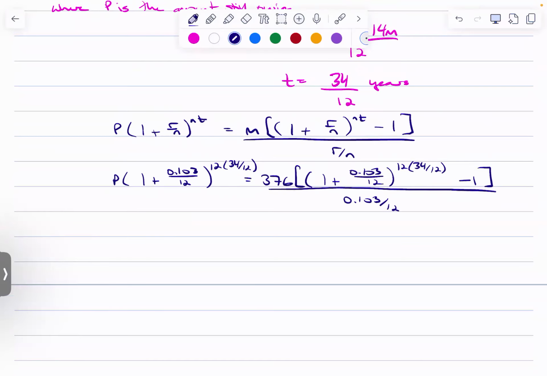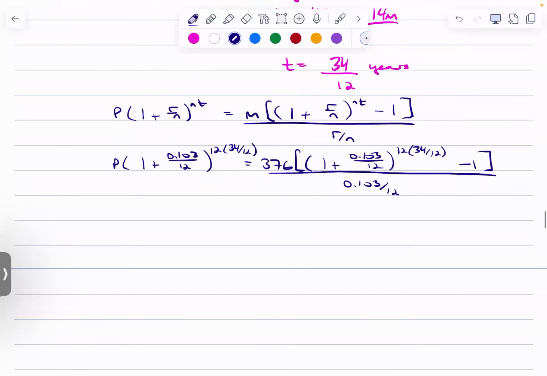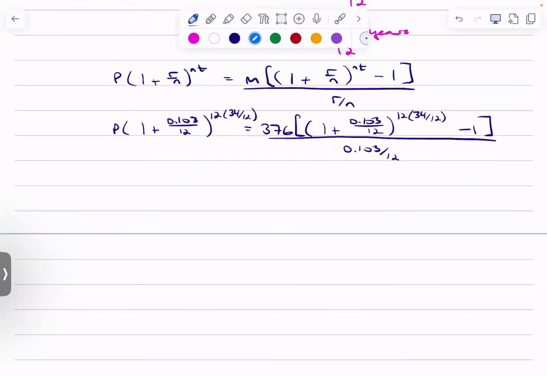I'm gonna go for it here. 0.103 divided by 12 plus 1 to the power of 34 once I cancel. It's P times